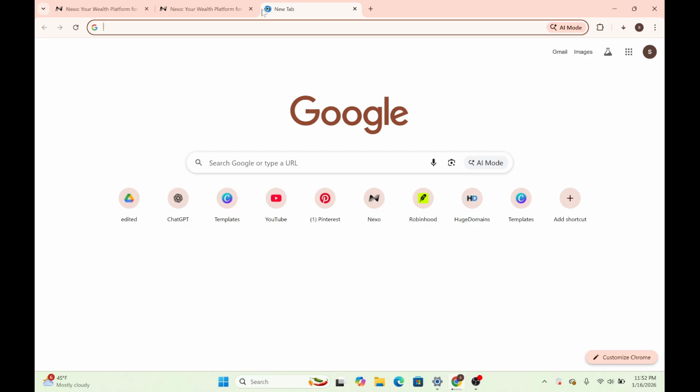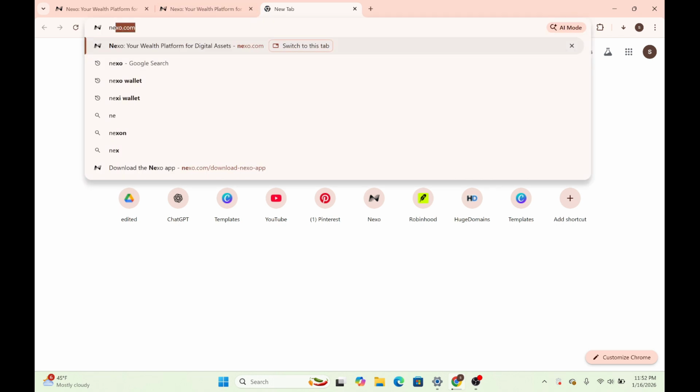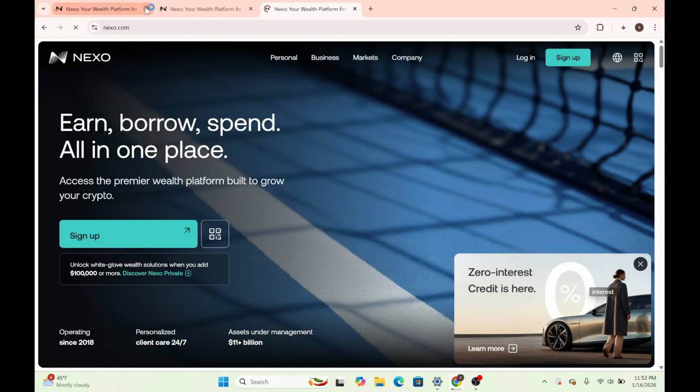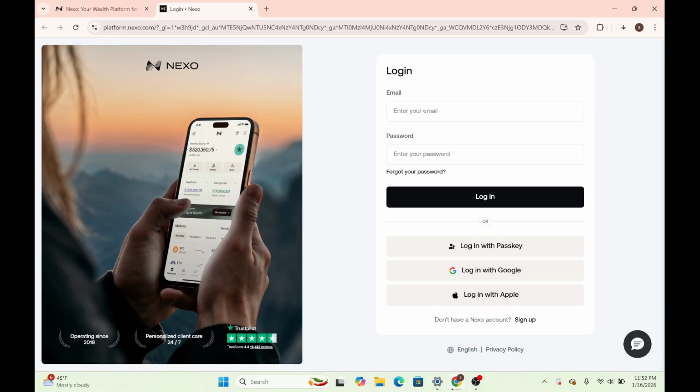First, you need to open a web browser such as Google Chrome, Microsoft Edge, Firefox or Safari. In the top search bar, you need to type nexo.com and enter it. When you reach the Nexo dashboard, you'll see in the top right corner there's a login. You need to click there, and in the first field you need to enter your